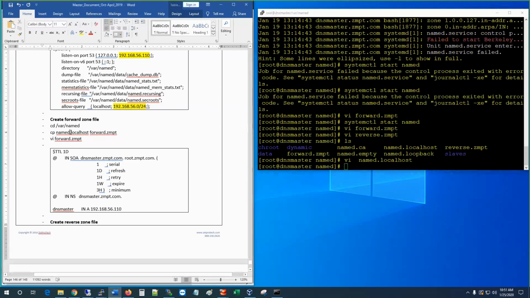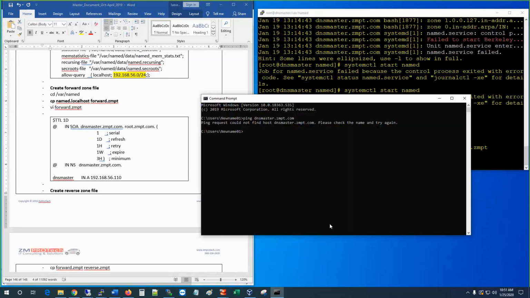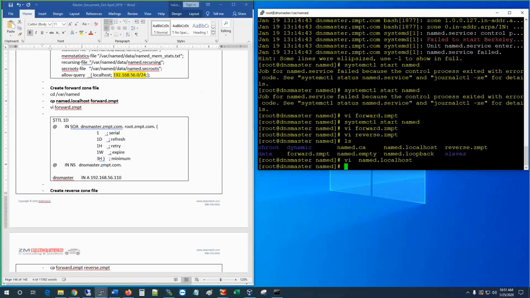Okay, so let me just highlight this a little bit. And you go in there and then put in the entries like this. Okay, so let's see if this is working. I think we need to change some, okay, so let's disable the,